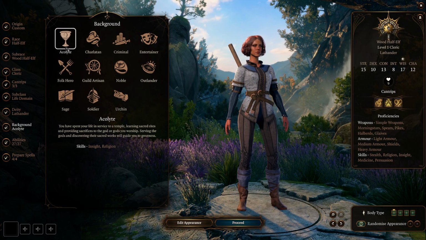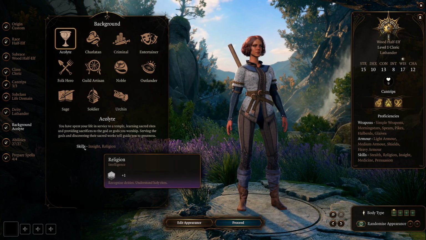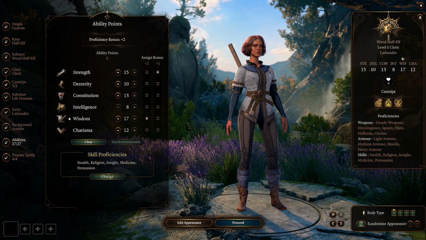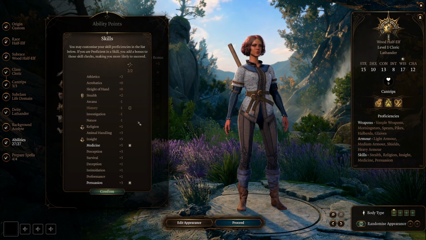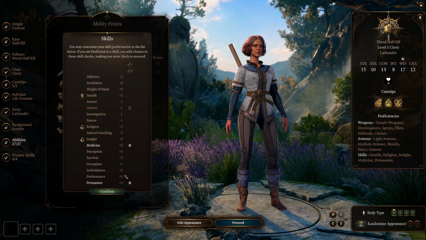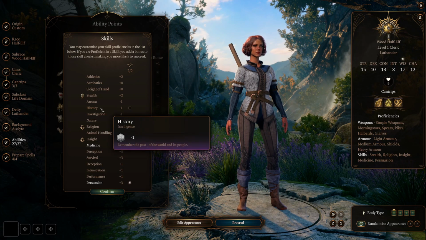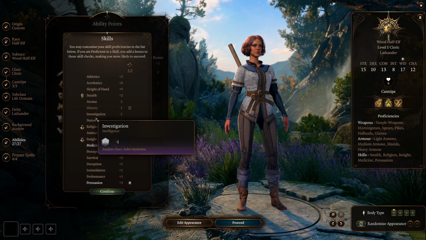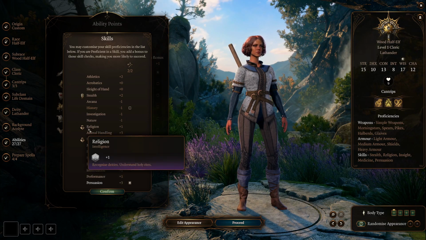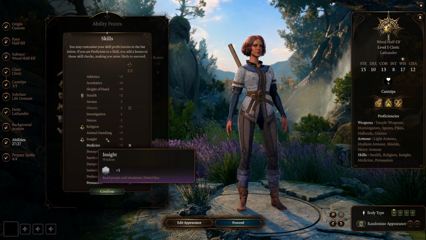Okay, sure. Acolyte. Let's see. Medicine. The only other thing we could choose would be history. We already have religion as inherited from the background.